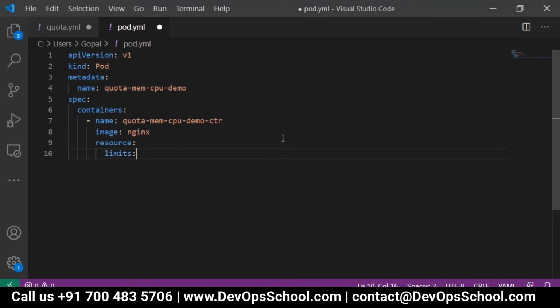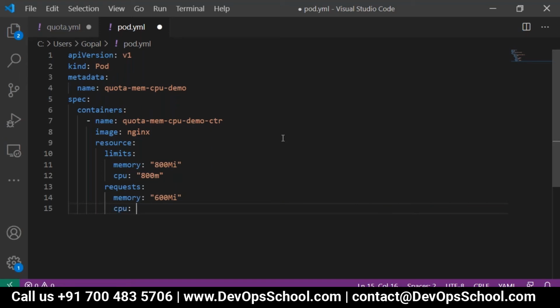I will define limits of memory 800Mi. CPU should use below 1 core, so 800 millicore CPU it is going to use. Requests: memory 600Mi it should use, and CPU 400 millicore it should use.